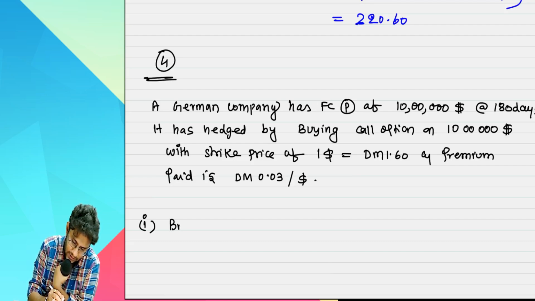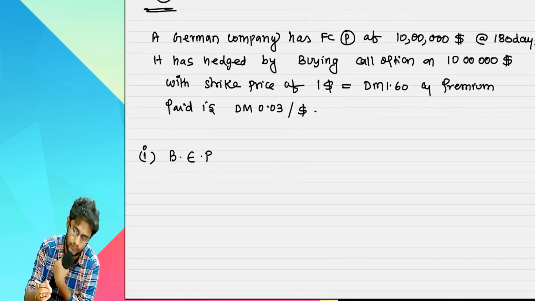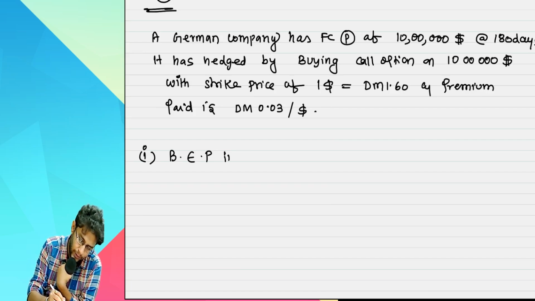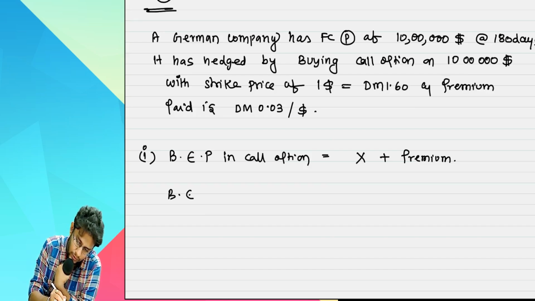First question, he's asking BEP. Don't follow their solution, they present it differently. We'll do it differently. BEP in call option is equal to X plus premium. Next one, right? BEP in call option